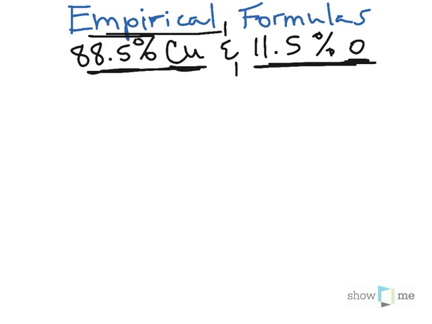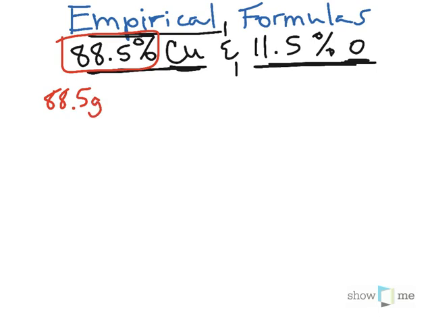so we're going to try to convert it. So we're going to take this data, and it's important to recognize that experimental data doesn't always come out perfect, so we're going to be looking for some general patterns. Might have to do a little bit of rounding. So the first step in this is to take whatever we have and turn it into units that we can use. So I'm going to take this percentage and I'm just going to say, well, let's assume we had 100 grams total. If there was 100 grams total of this substance, then